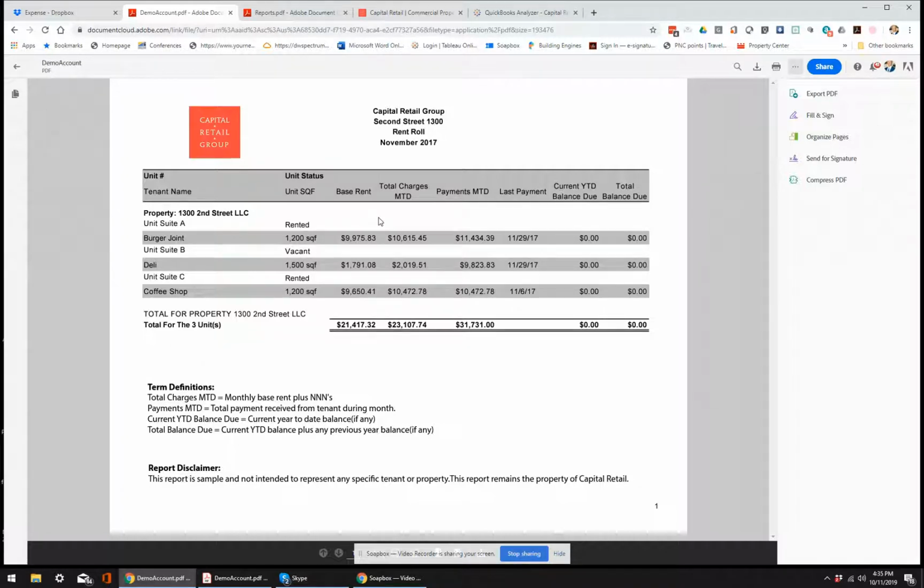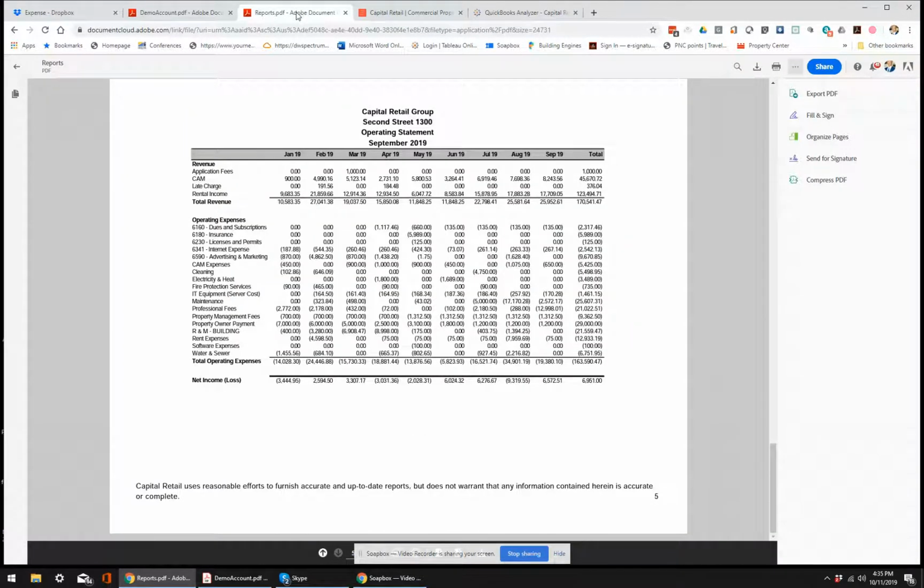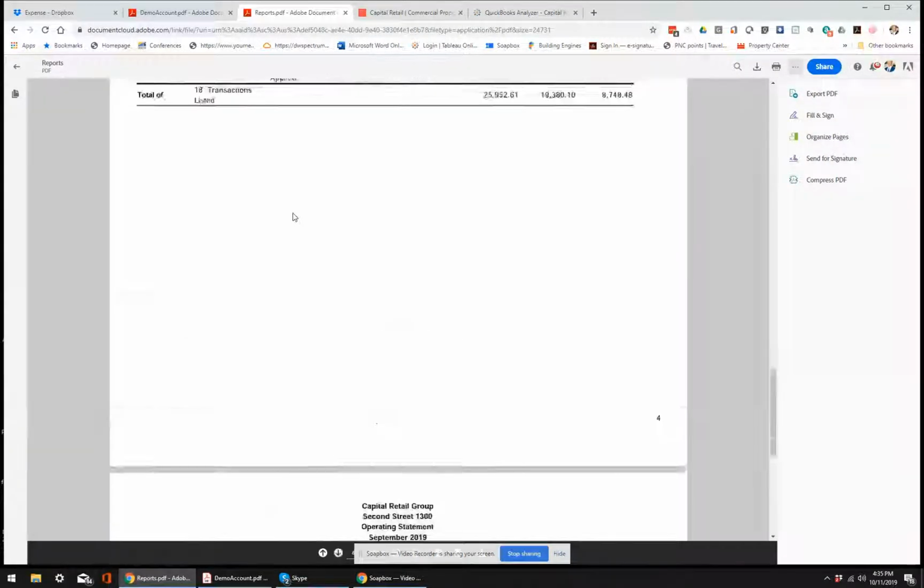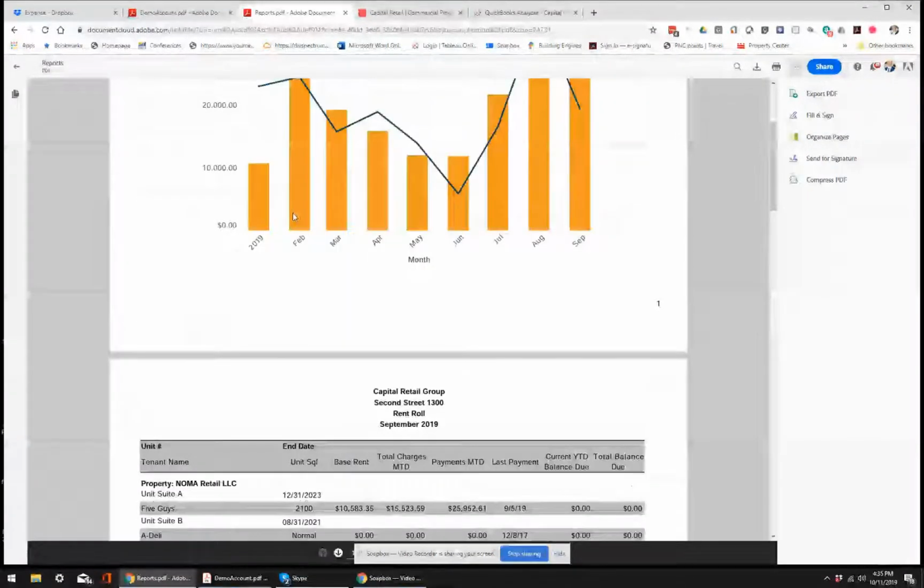These are the items that are quite detailed in this report just in the rent roll. So, just looking at the rent roll, a landlord would have a very good idea as to what's going on with this particular tenant and be able to quickly identify if there are any issues with this particular tenant. So you can take a look at that. That's a rent roll. And of course, now at the end of the month, we have a combination